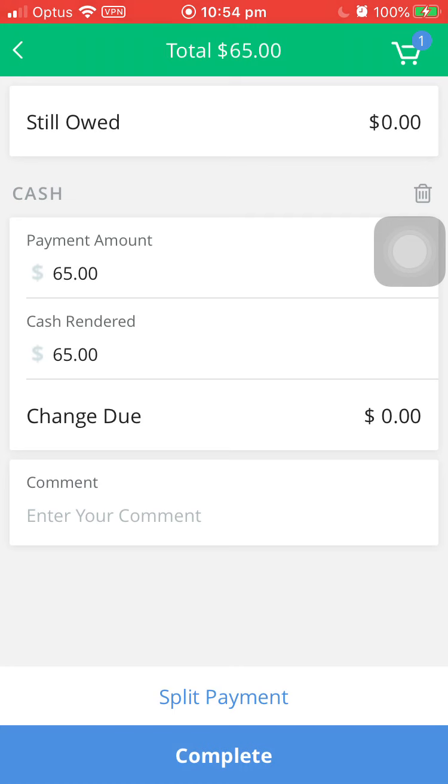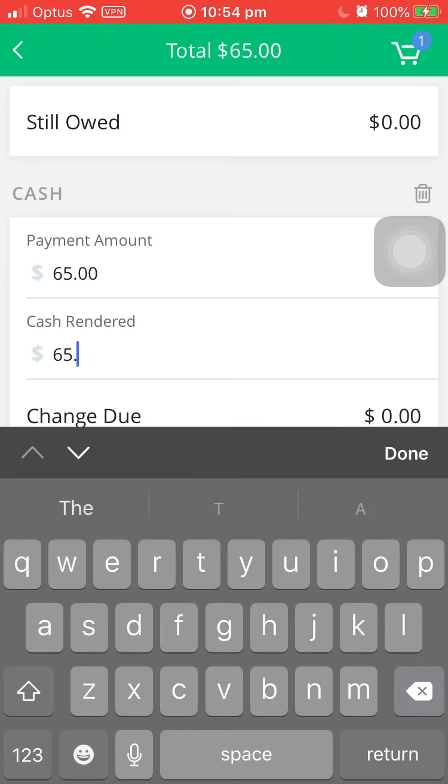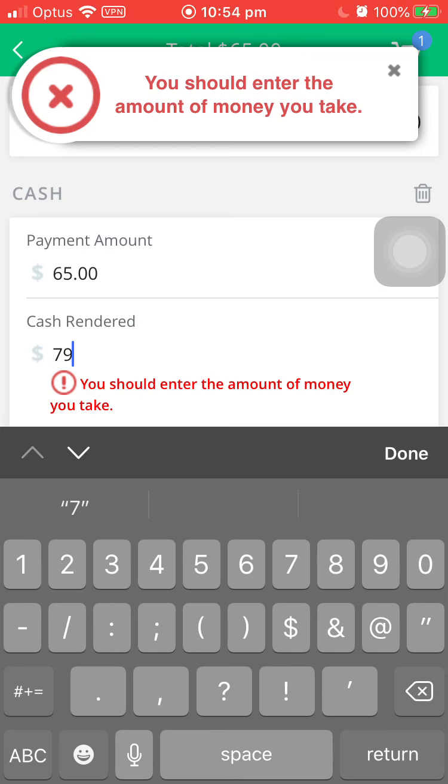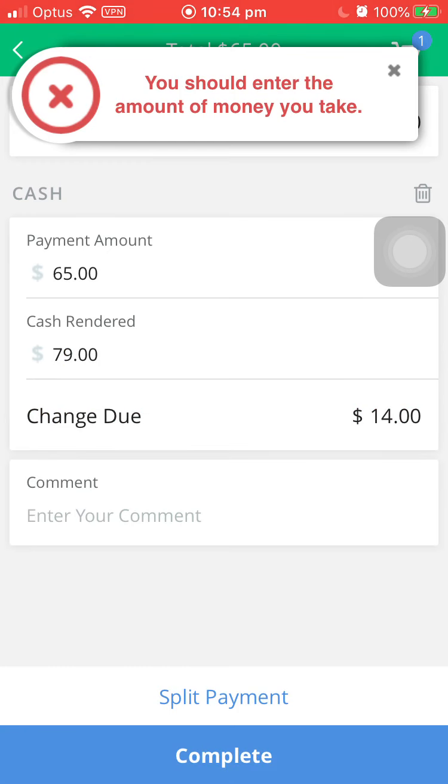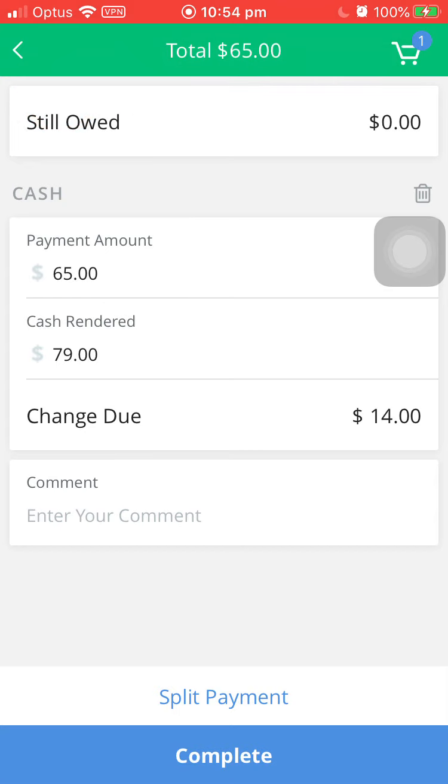So with cash, you've got your payment amount there. It asks you to enter the amount of cash that you got. Obviously, if you got more cash than the payment amount, it will then calculate the change for you. A good feature of this is that if you've charged a client and the client's given you more than we have change for, excuse me,